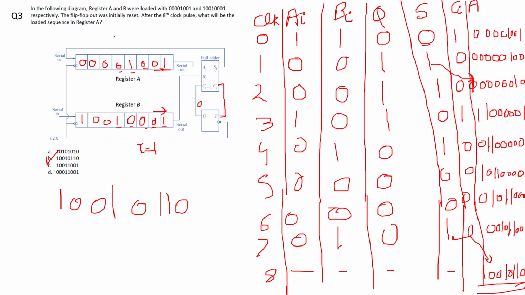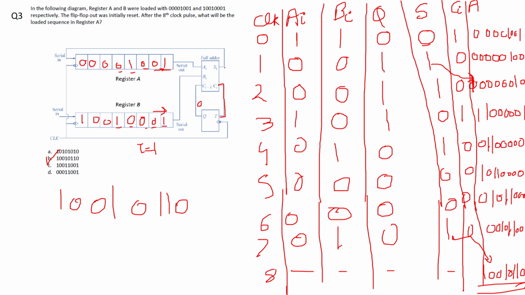This was also an interesting question. Here we have these two shift registers where their initial contents were 0 0 0 1 0 0 1 and 1 0 0 1 0 0 0 1, and the full adder sum output was connected to the serial input of the register A. The carry output was connected to the T flip-flop. The carry input was connected to the output of the T flip-flop,